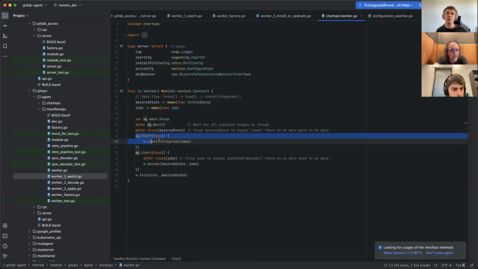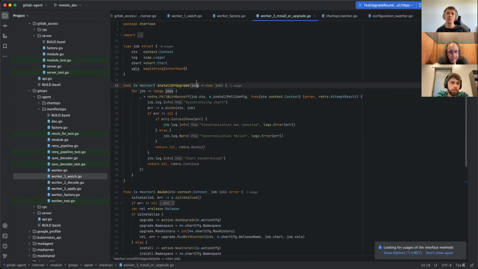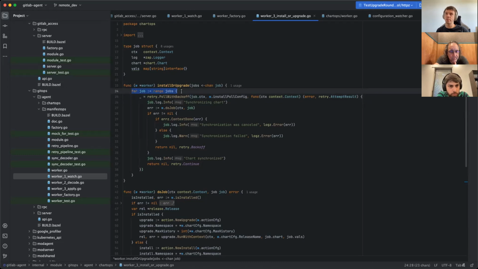This starts a Go routine. So it just loops until the jobs channel is closed, basically, or the context of the job is canceled. So when the context of the job is canceled, this aborts and it starts waiting for the next job. And then if jobs is closed, this exits, and then the Go routine exits. So our worker will just have a single Go routine and then a single,